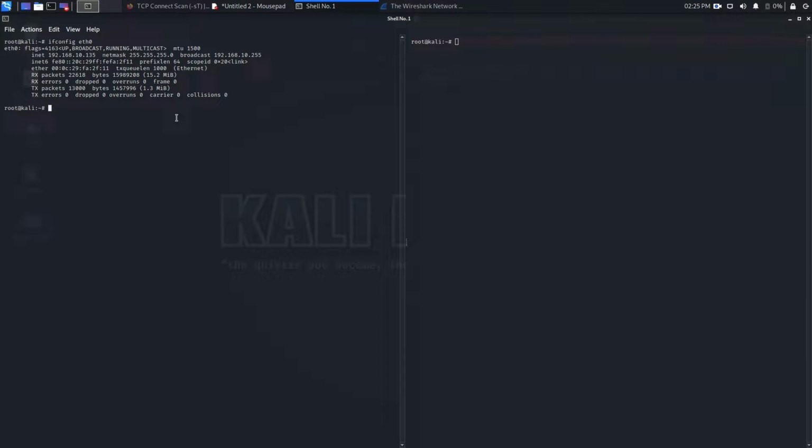For the target IP, we need to scan the network. For scanning the network, I'm going to use sudo netdiscover -i eth0, and the range is going to be 192.168.10.1/24.